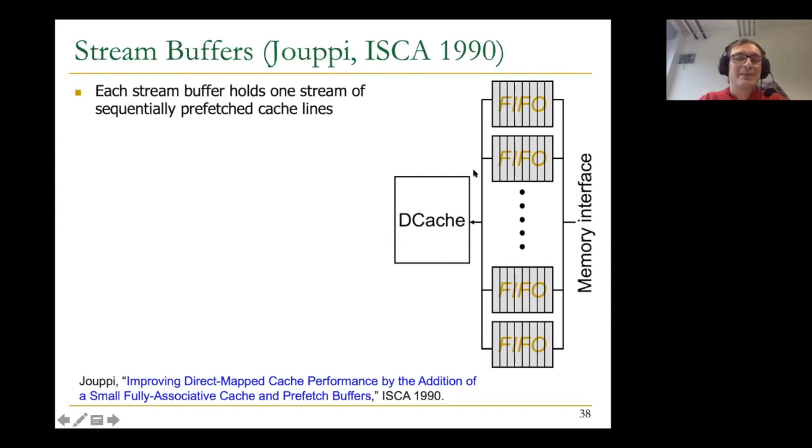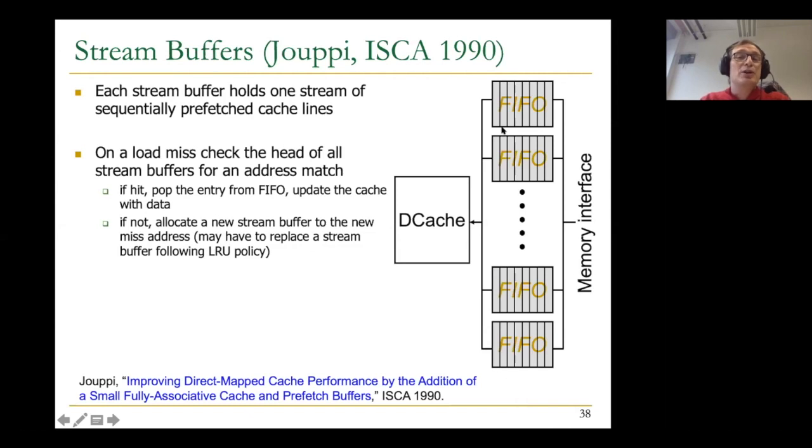I don't know why I came up with that, but the result should go to F, and you have 6 streams clearly. Okay, so how does this work? Very quickly, on a load miss, the cache checks the head of all stream buffers for an address match. Let's say your address is X, the cache checks the head of the FIFO. Do I have X? If it has X, it pops the entry from the FIFO queue and updates the cache